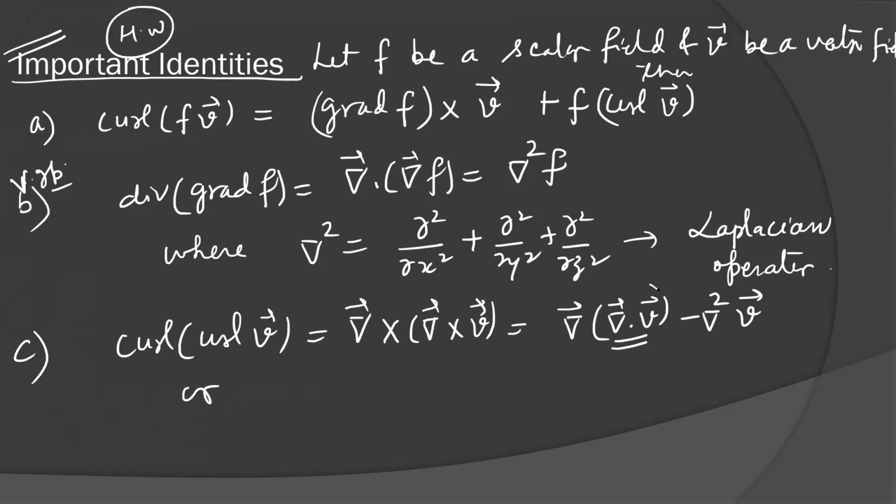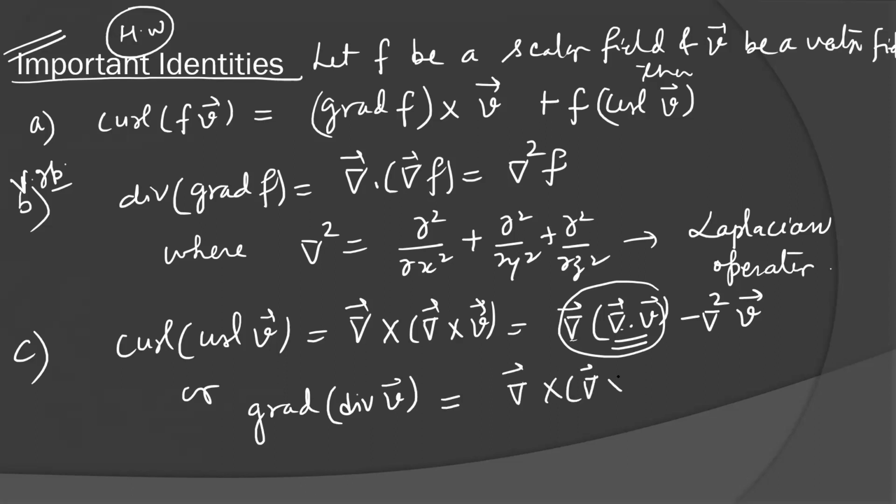Or if you find this notation, this is called grad of divergence of V. We can represent like this also, because this is divergence, then output will be scalar, and for scalar we will find the gradient. It is equal to del cross del cross V plus del square V. If we send this to the left hand side, we will get this type of result. Well, del square is Laplacian operator.